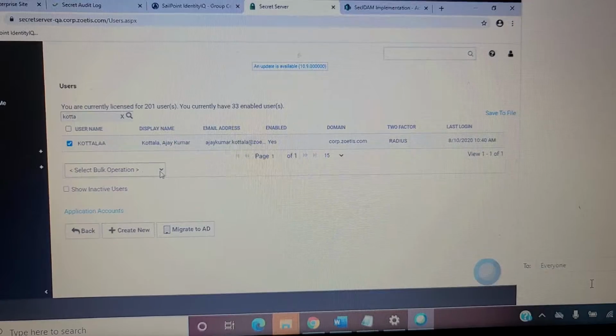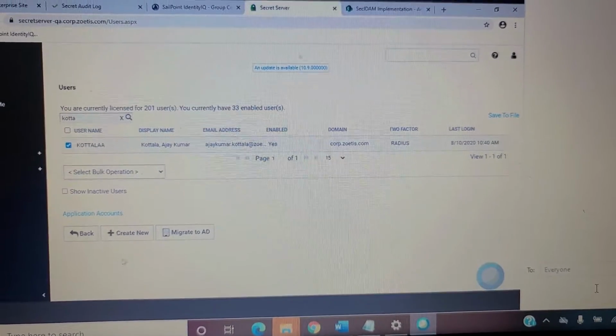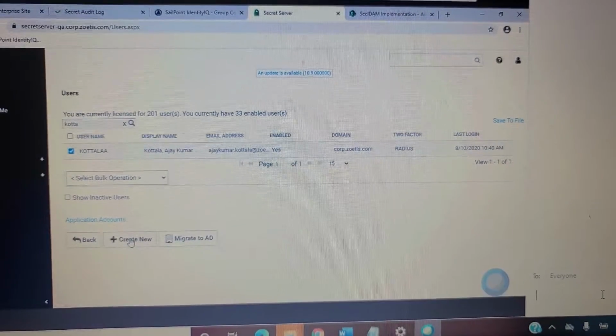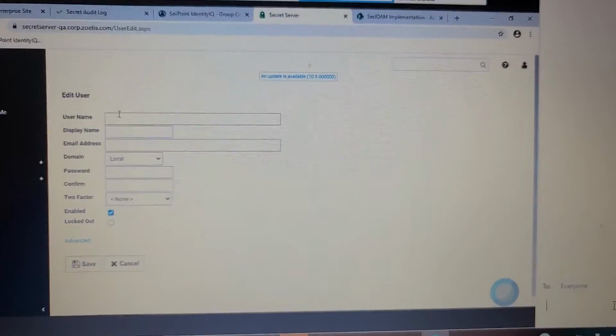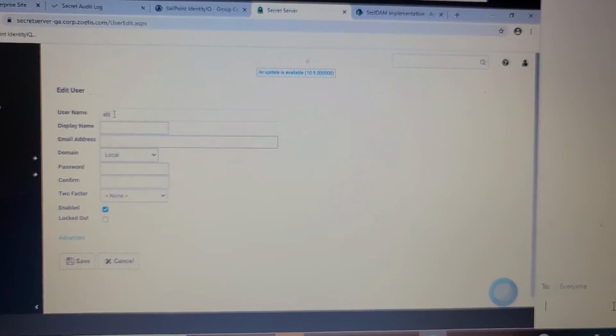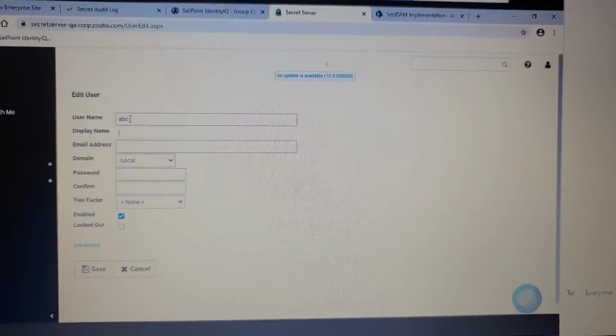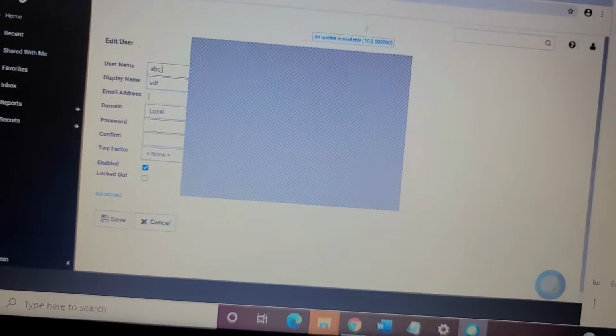Manual creation has an option called Create New, and you need to enter the details of a user manually.